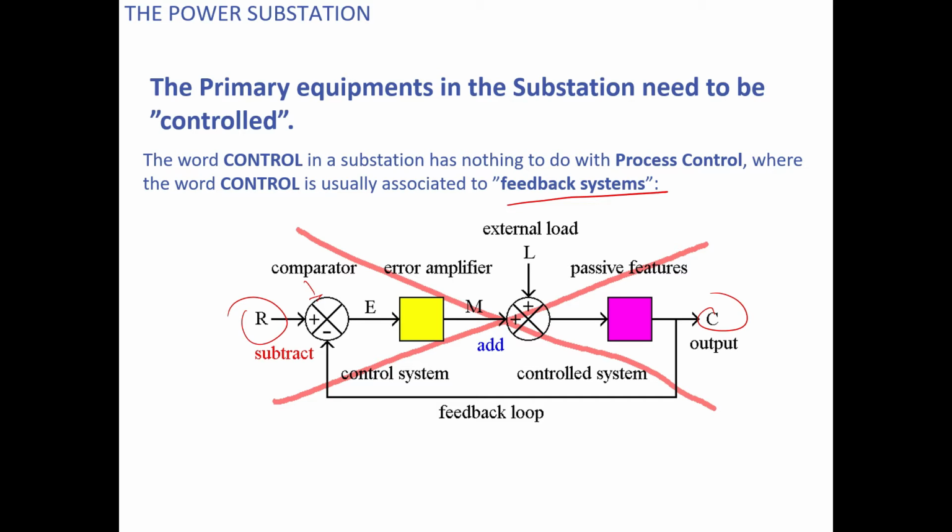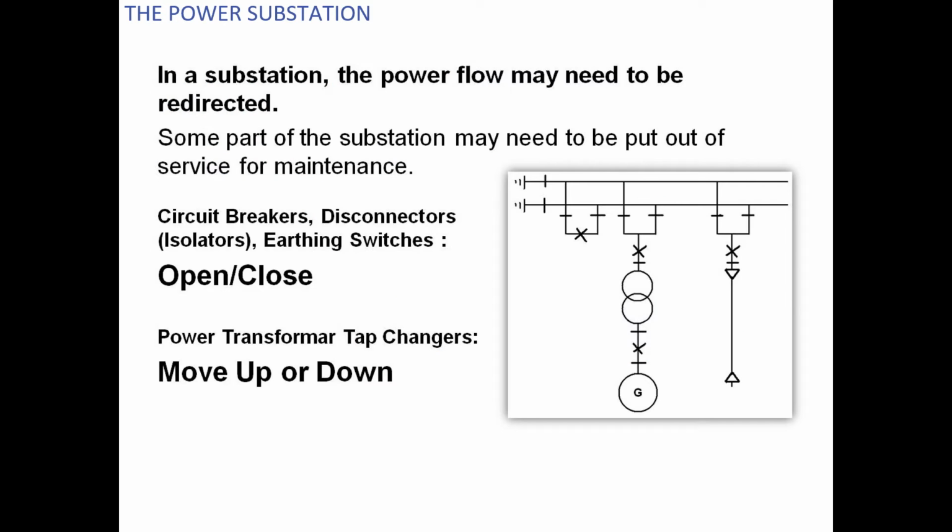But in case of substation, there is no such feedback loop, no such matching to be done. So what we have to do in case of substation automation, basically in substation, the control means, for example, the controlling of breakers, controlling of isolators or switch or tap changers, or also the control of the power flow, which you may have to redirect from suppose bus 1 to bus 2 or from bus 2 to bus 1. So these kinds of controlling are generally available in case of substation, and the standard also discusses only these things.